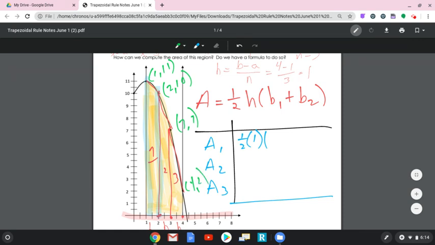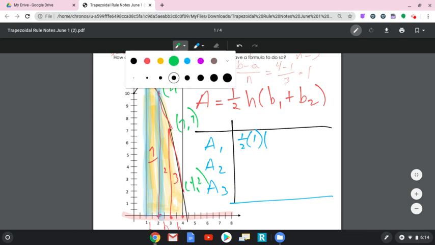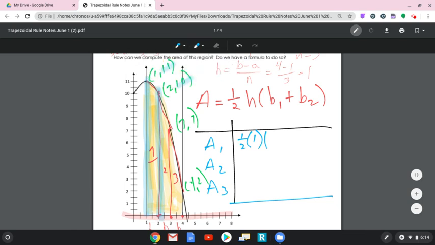All right, guys, so we have these points. Now, the length of this segment, so the length of my segment here, B1, would be 11. The length of B2 would be 10. The y value of those points on those functions will be your bases of your trapezoids. So in this one, base 1 is 11 plus base 2 is 10. So I know the area of that first trapezoid would be 1/2 of 21, which is